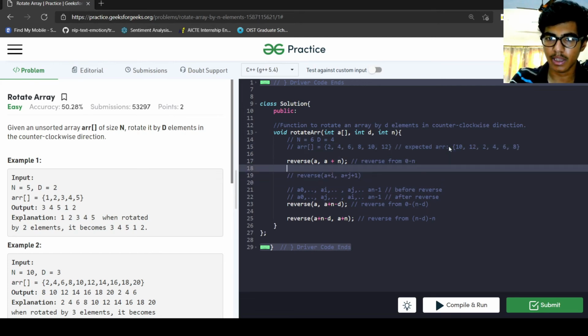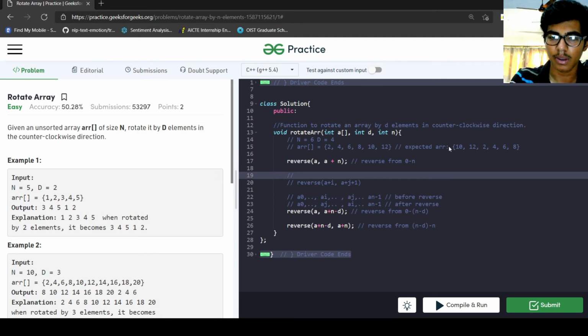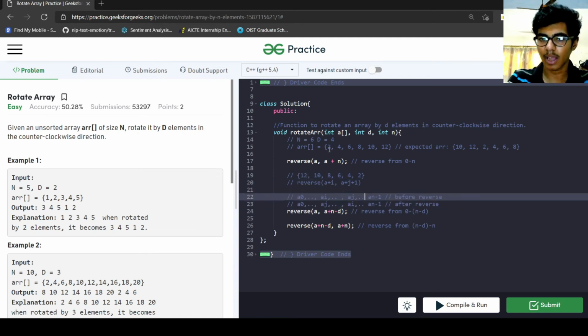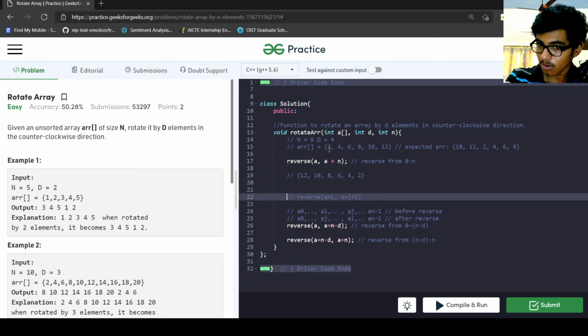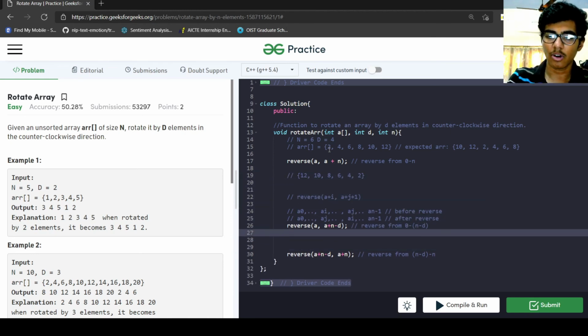So what this line will do, this is step 1, it will reverse the array. Now the array becomes 12, 10, 8, 6, 4, 2. This has become the answer after the first step. Now we come to the second step. It will reverse from a to a plus n minus d.